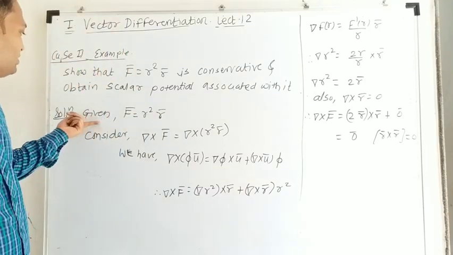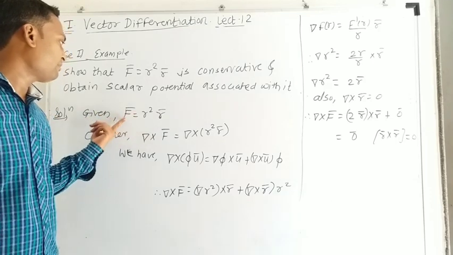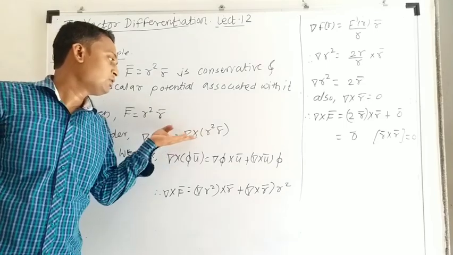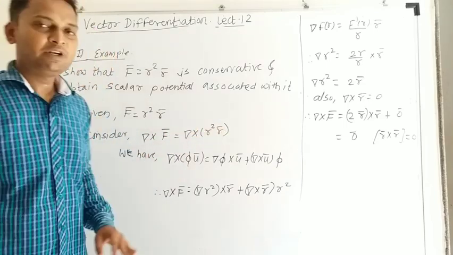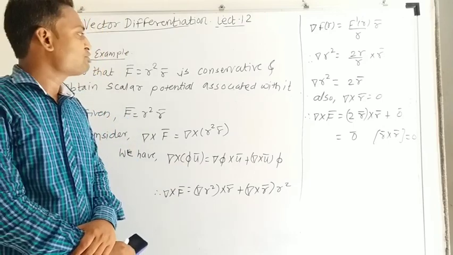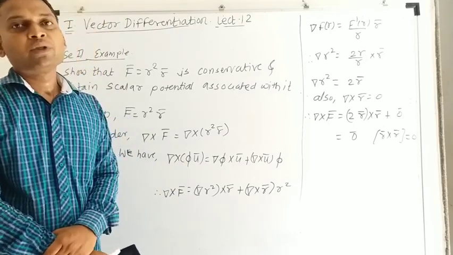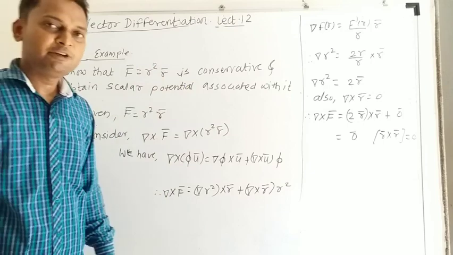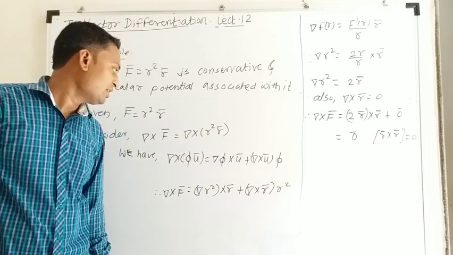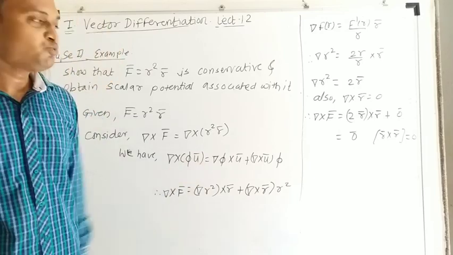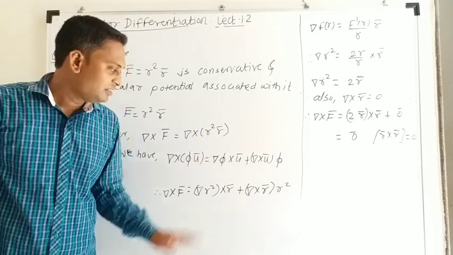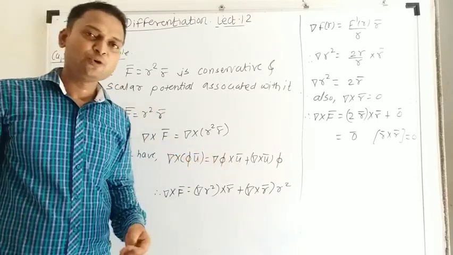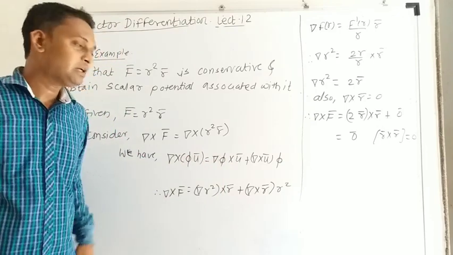In the solution, I have written the given function f bar, which is r square r bar. Now consider del cross f bar, that is the curl of that function, which is equal to del cross r square r bar. Now we don't have the function in terms of x, y, z; it is in terms of r bar. Therefore in the second case we cannot find that curl using the definition of determinant. In the determinant we use the definition whenever f bar is in terms of x, y, z. Here we have f bar in terms of r bar. So in such a case we are going to take help of vector identities. That part is yet to be discussed, but I will write some results from those vector identities for you. That can help you to understand the solution.